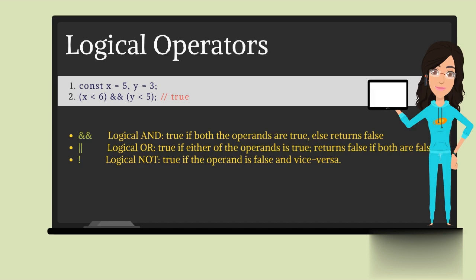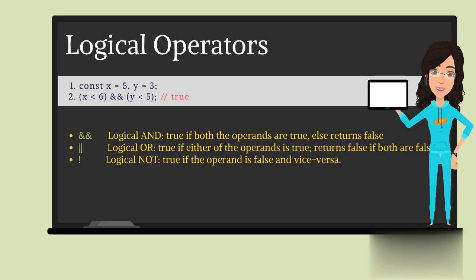Logical operators are used in comparison, and again they are used to test for true and false values. We have generally used them in if-else and all those control statements which we will see in future videos. You don't need to worry about all this. We are obviously going to take a look at them in detail in future videos.